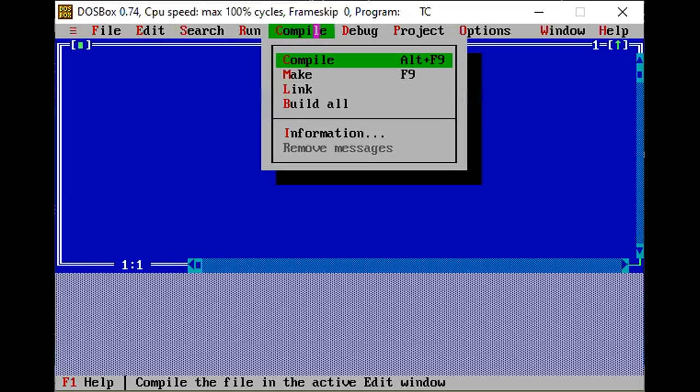Then later on, we have the Compile option, where the compiler will convert the program that we have developed in the English language into machine language. If at all any errors are there, this will help in rectifying the errors.